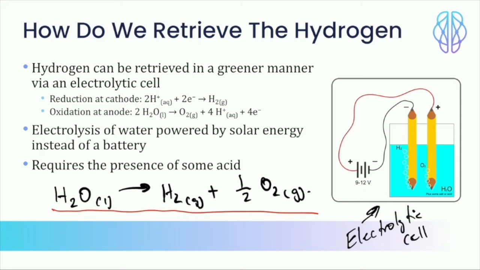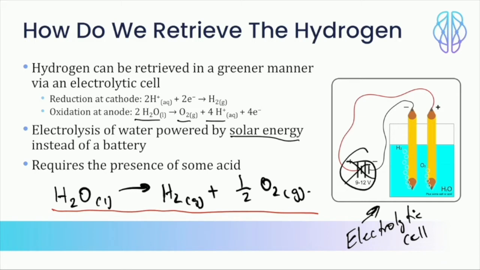And the way in which we can make it clean is by, instead of using this battery, we don't use a battery, we use solar energy or any use of green energy that we can find. We have an oxidation reaction that's happening at the anode, and this is what I like to do, thinking of these systematically. So you have 2 molecules of water that are being oxidized to give you oxygen, a high hydrogen